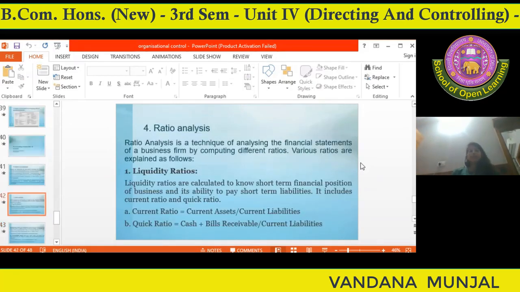Next is ratio analysis. रेशियो एनालिसिस के अंदर हम डिफरेंट रेशियोज को कैलकुलेट करते हैं. फॉर एग्जांपल लिक्विडिटी रेशियो, जो हमें लिक्विडिटी पोजीशन ऑफ बिजनेस बताती है. That is immediate liquidity की current assets in comparison to the current liabilities का क्या status है. Then there is solvency ratio कि